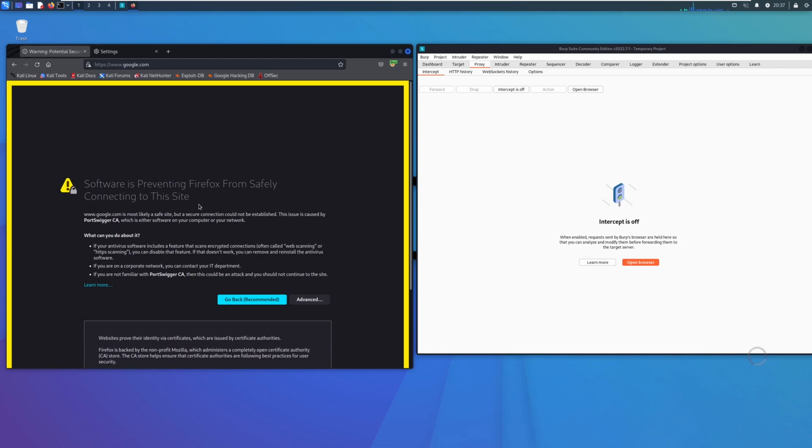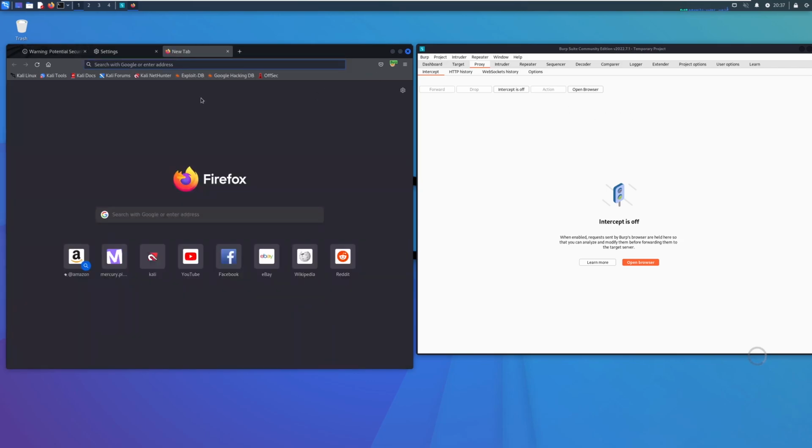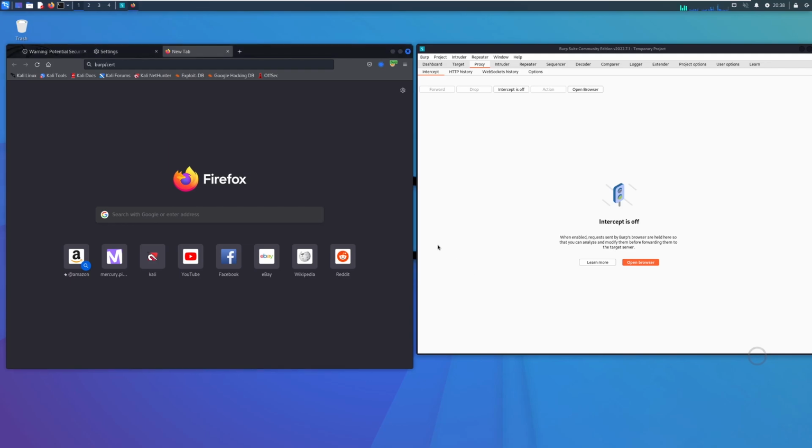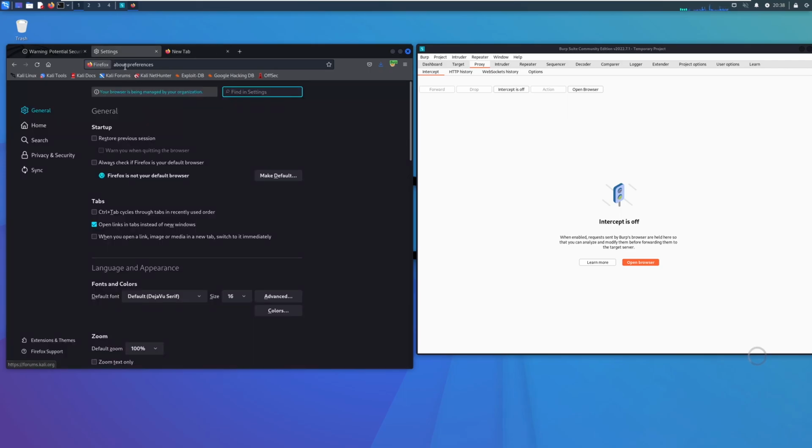So here the solution is that while your proxy is on, you can come here and go to burp/cert, and when you go to this URL, you can see the file, and here you will save the file. After saving the file, you download the file here, and then you go to Settings, about:preferences, and just search it here,